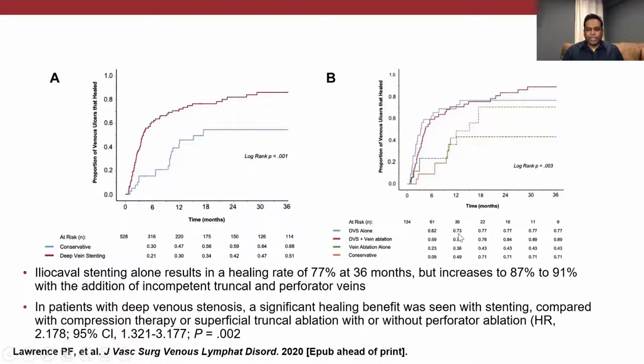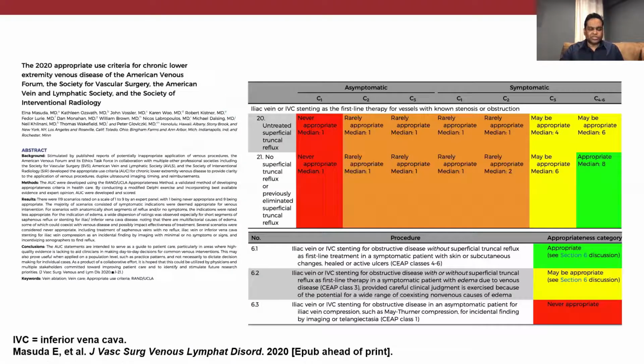Now, when you add ablation to it, incompetent perforator ablation and incompetent great saphenous vein ablation, these rates increased up to 87 and 91% in these patients at 36 months. So this incremental improvement of ulcer healing is demonstrated for the first time in this study,